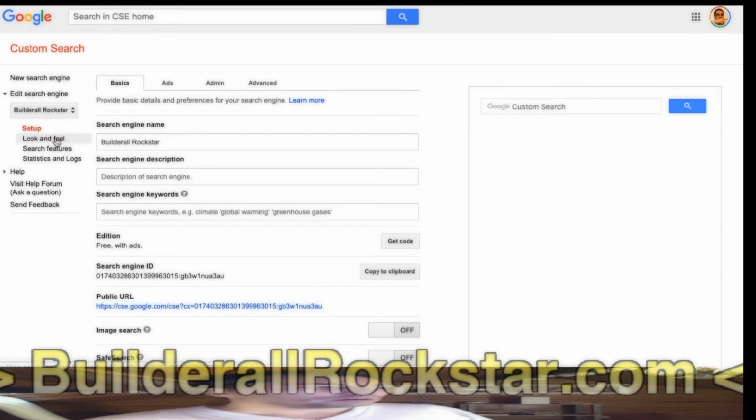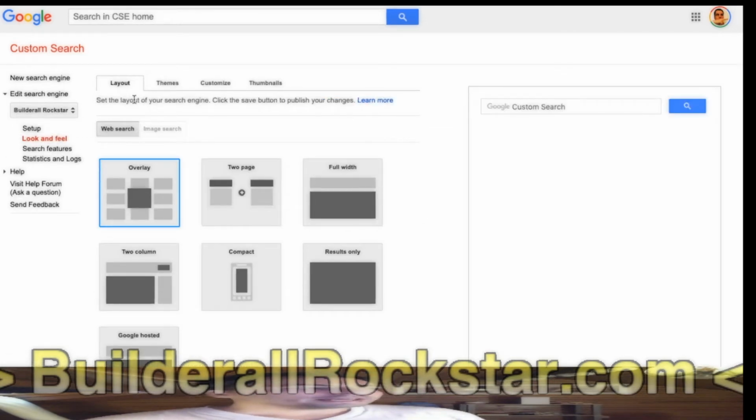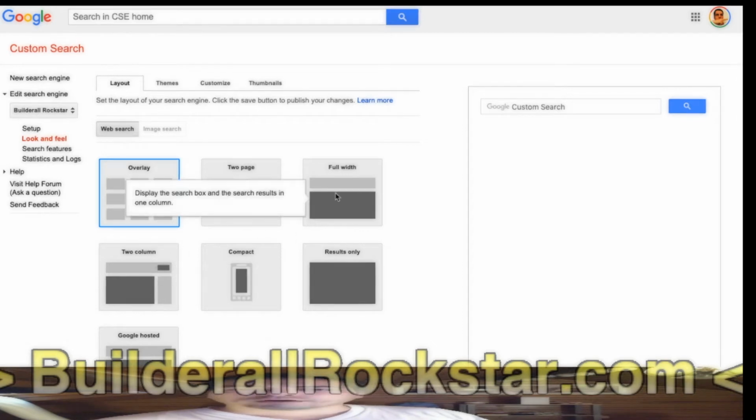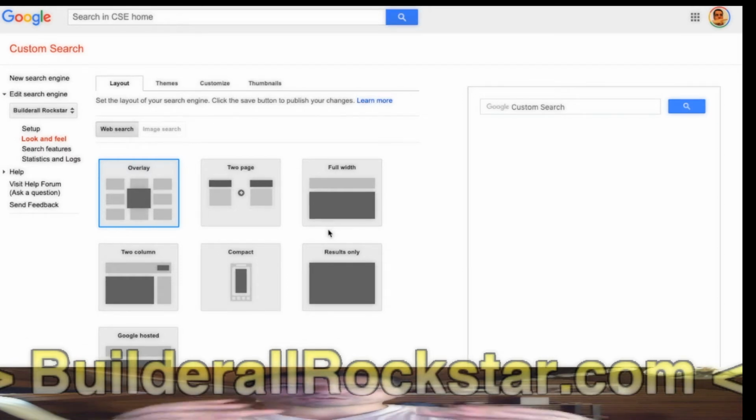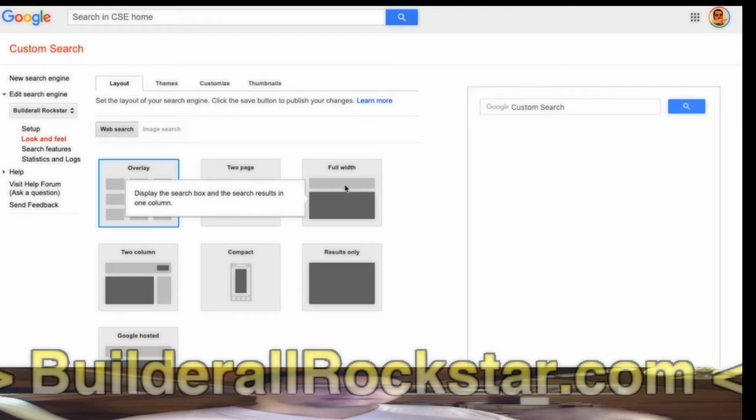That's why when you are in look and feel, you can choose the layout. I will choose this one, results only, not the others. Those will be to have the search box and the result on the same page. So if you want to have just a button on the header to do search, and when they click on it, they come to another page of your website where they can search your site. So they will have just the search box and the results appearing without reloading the page. It's dynamic.